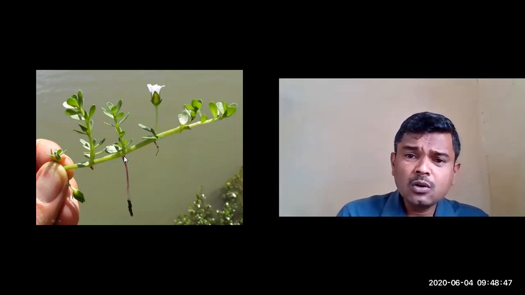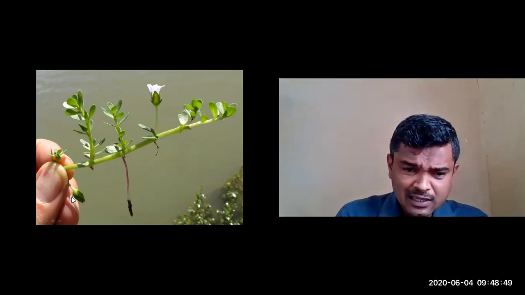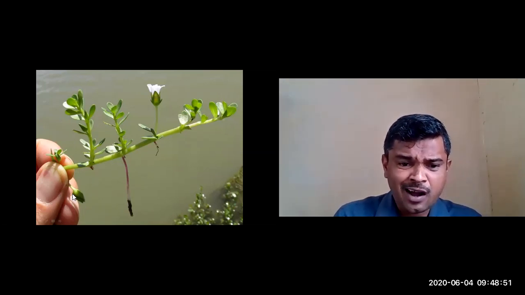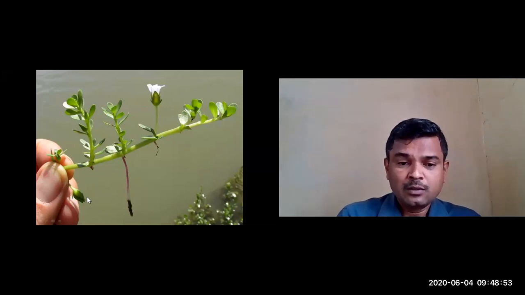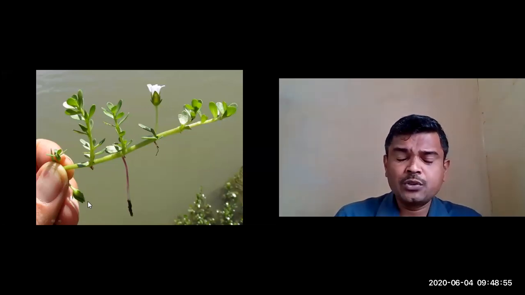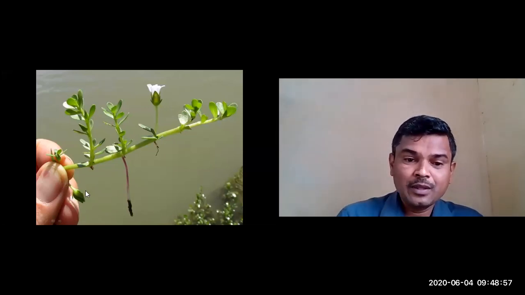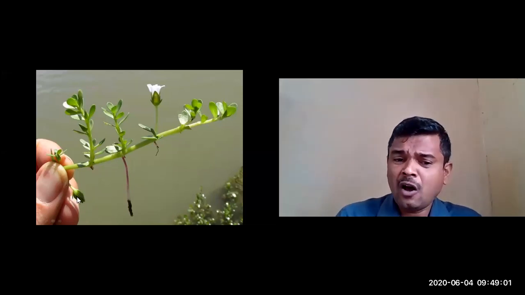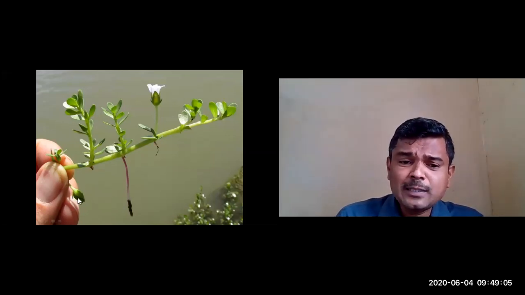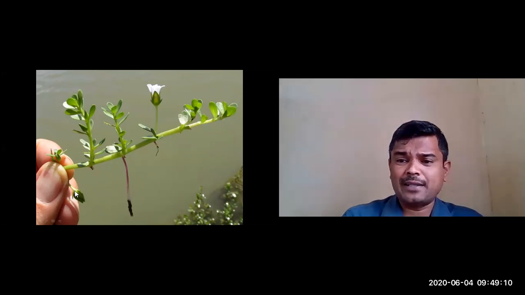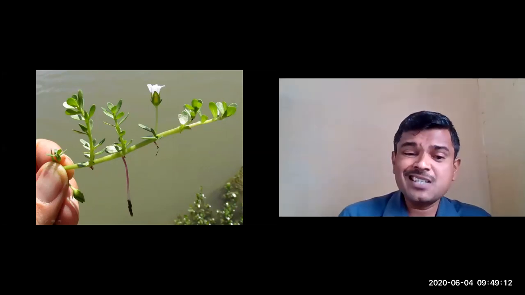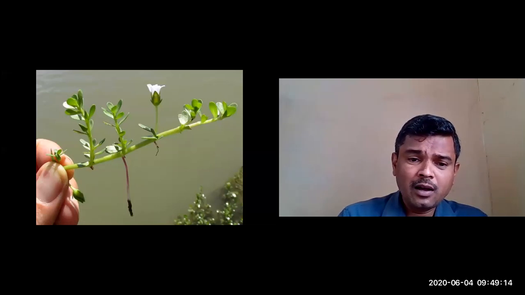Okay, so in this picture, here you can observe this is called the flower bud. For this only they used to say Matsyakshi. Matsyakshi, the flower bud which resembles the eye of a fish, meaning it is broadest at the middle and tapering towards the apex as well as the base, somewhat elliptic in shape. That is the flower bud.